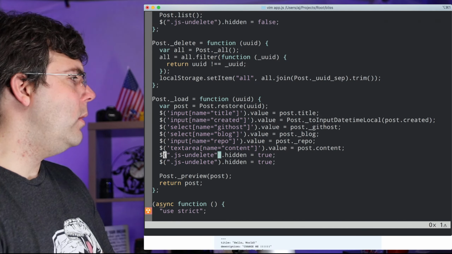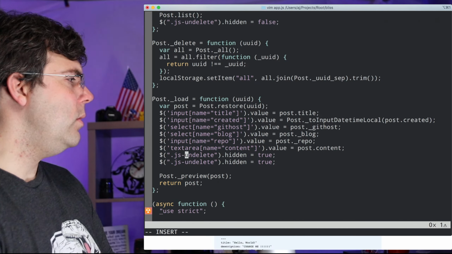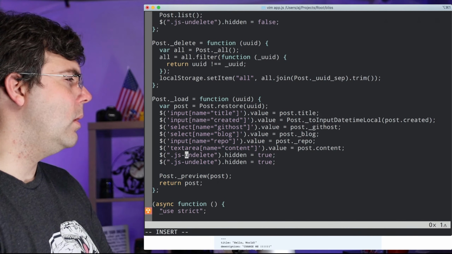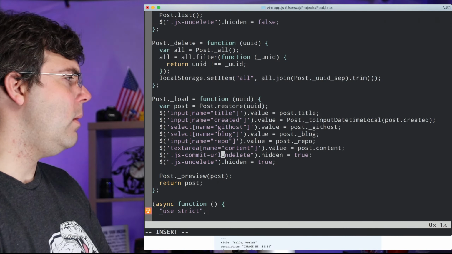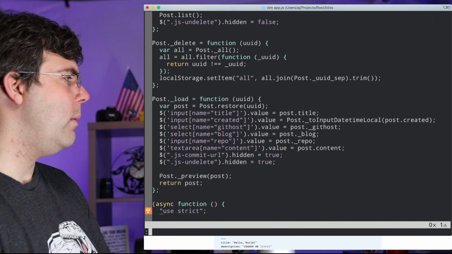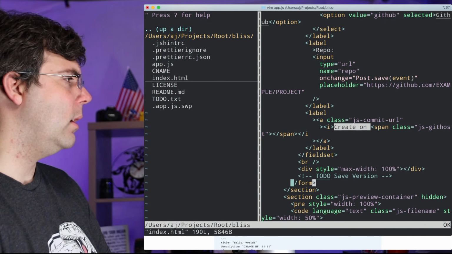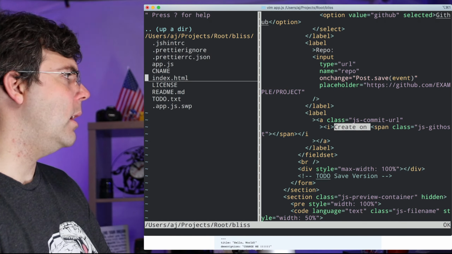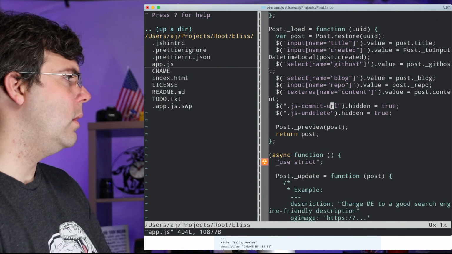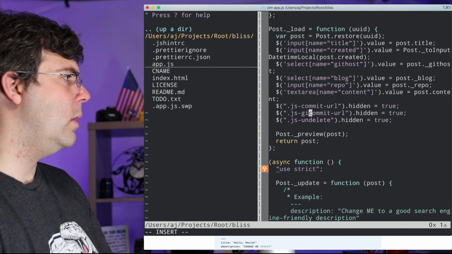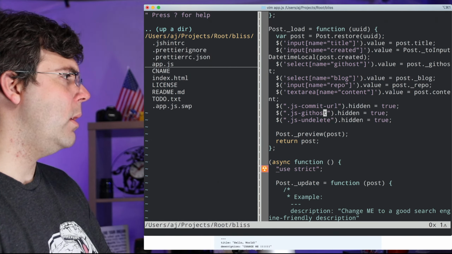So what we want to do is find, I think I called it commit URL. Is that what I called it? I already forgot what I called it. Let me go check. Commit URL and get host. Okay. So get host. What we want to do